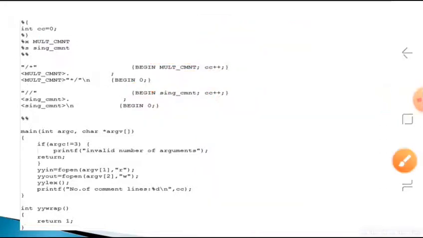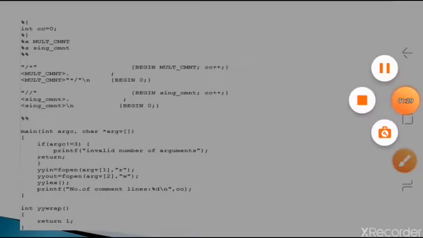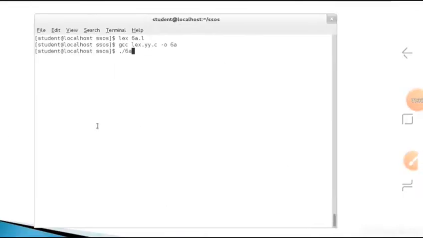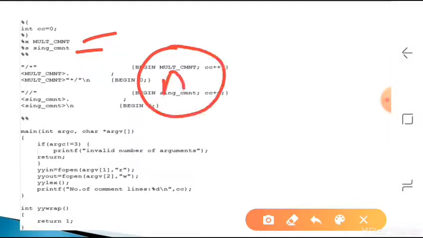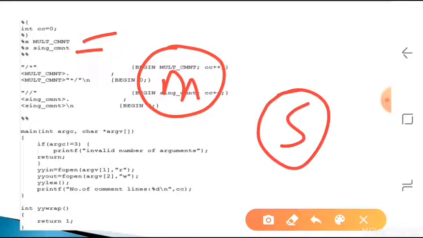So two states we're declaring. As you already know in finite automata, we will be having some states. Like that here we are declaring two states, one considered as multi-line and one more state single line.